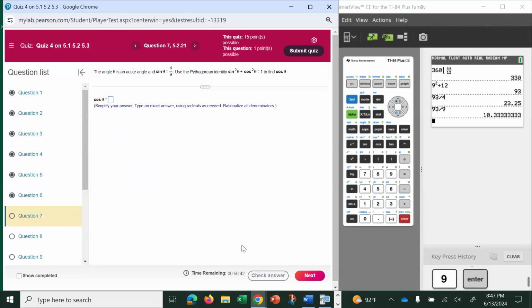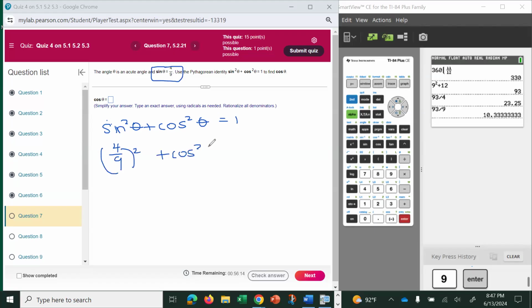Okay, cosine theta. Here we have the angle theta is an acute angle, and sine theta is 4 over 9. Use the Pythagorean theorem, sine squared theta plus cosine squared theta equals 1. Find cosine theta. So for this one, I'm going to use the Pythagorean identity, sine squared theta plus cosine squared theta is equal to 1. We're given that sine theta is 4 over 9, so let's do 4 over 9 squared plus cosine squared theta is equal to 1. 4 over 9 squared is 4 squared over 9 squared, which is 16 over 81, plus